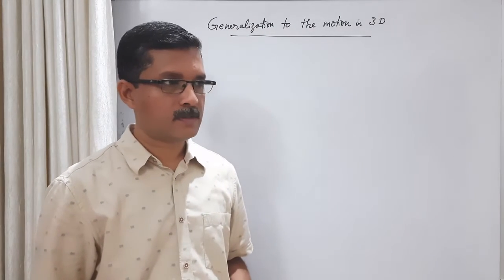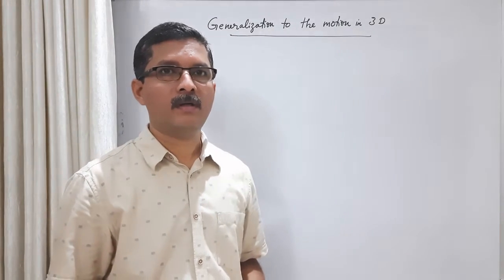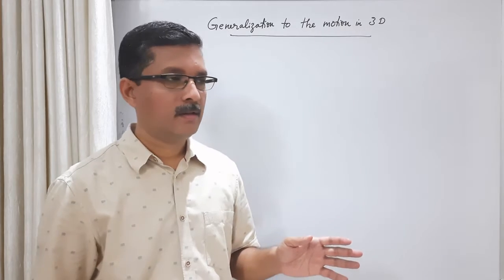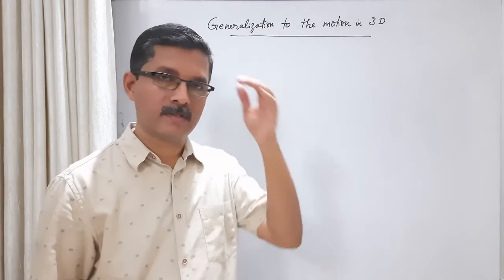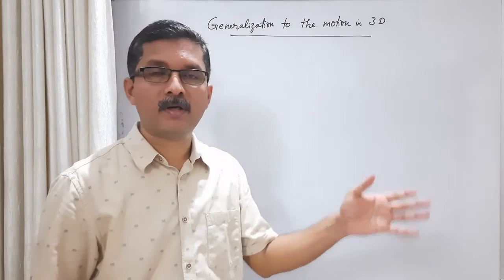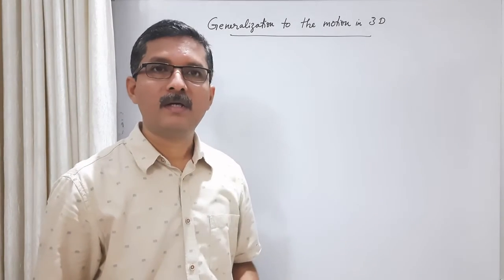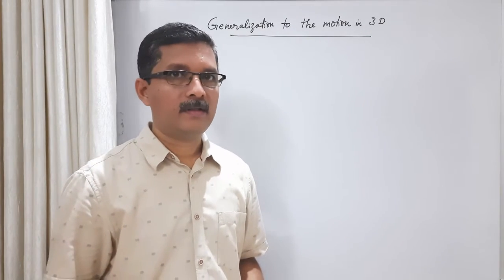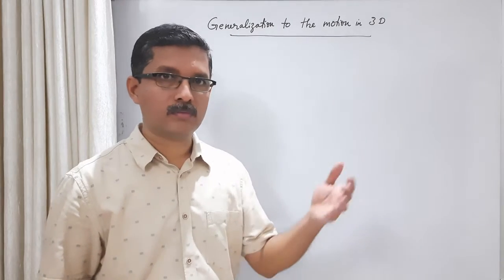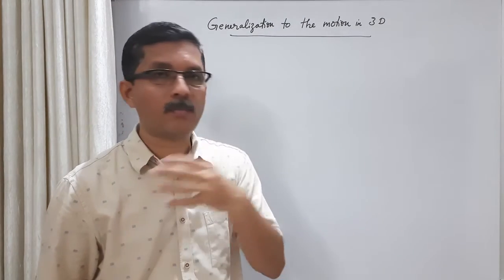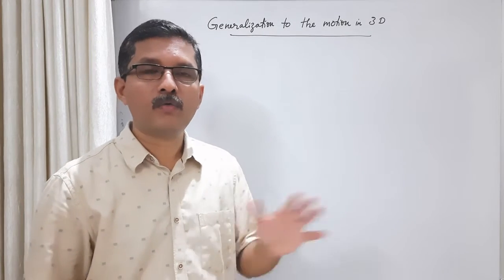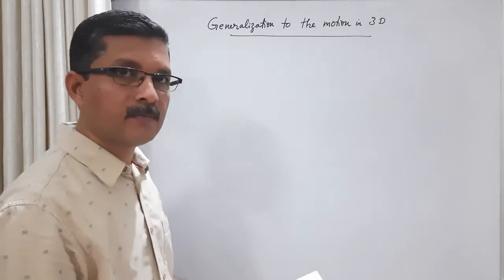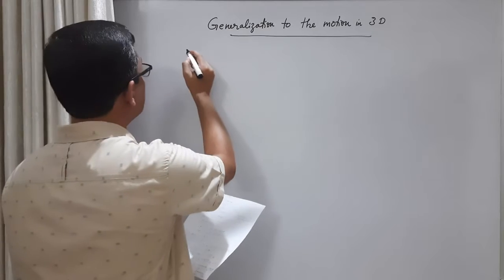In position representation as well as in momentum representation, so far we have been discussing the motion of a particle in the physical space of one dimension. The physical space of motion of the particle is in one dimension along the x-axis. Now suppose the motion in physical space is along three dimensions. Then how do we generalize, using the three-component position and three-component momentum? How do we generalize the results in coordinate representation and momentum representation? So we use a collective index for that, like this.